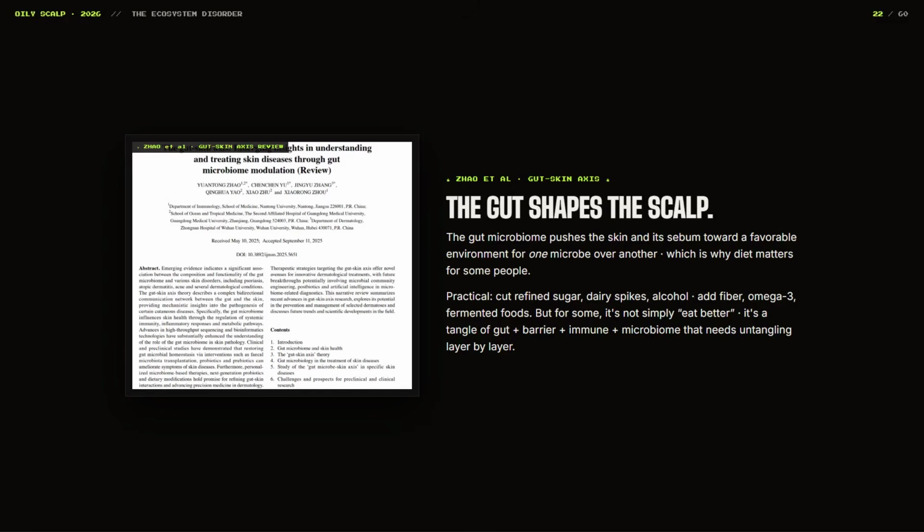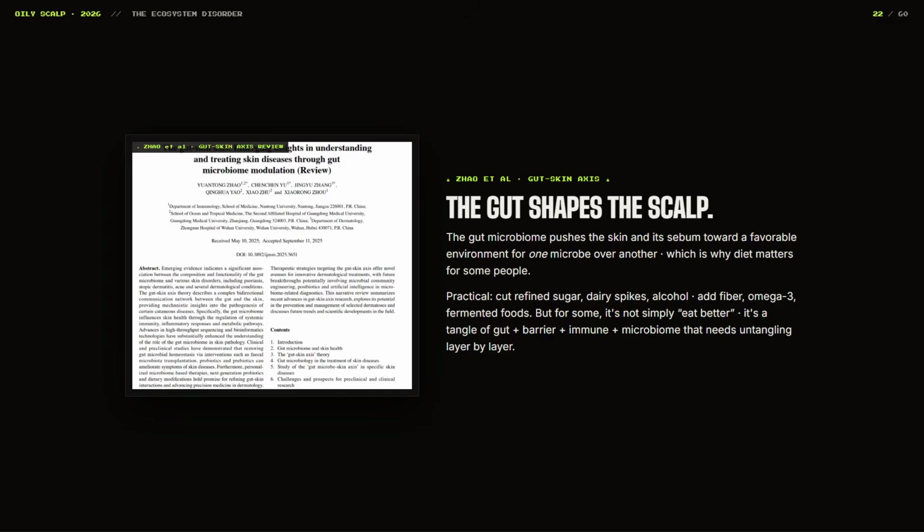Because you'll have some people that will try to simplify this, where it's like it's only what you eat, but you can't just say, oh, just eat better, bro. In some people, oily scalps may be layered with issues involving their genetics, right? Some people have poor genetics where they can't break down lipids, so they just constantly release it through their skin. They have high cholesterol levels, genetically speaking. Maybe a PPARγ receptor defect.